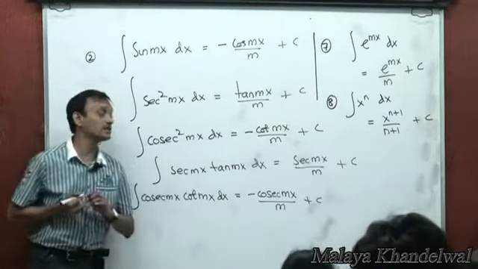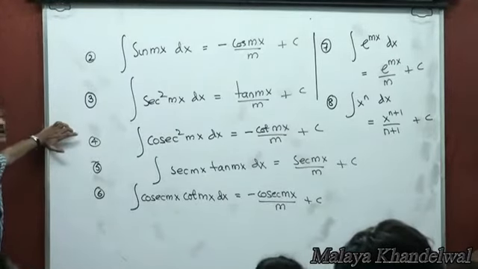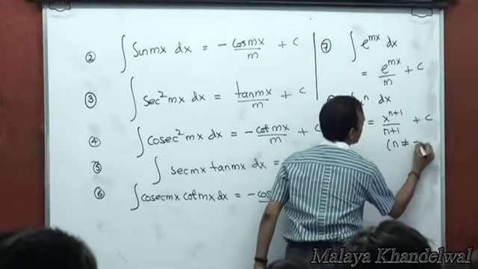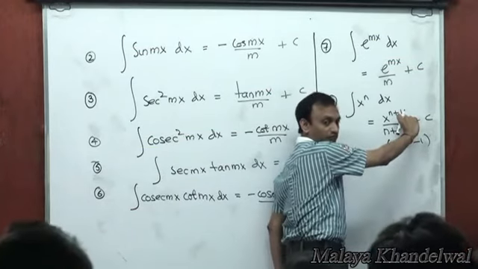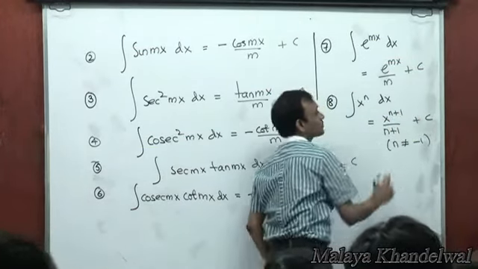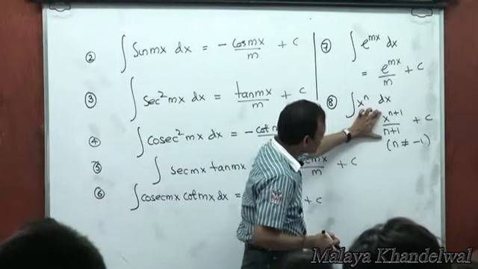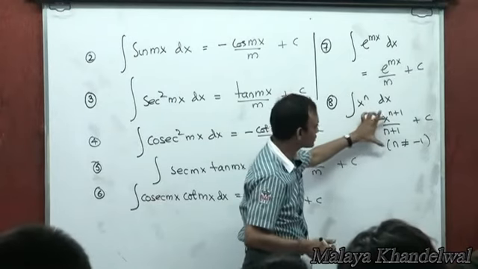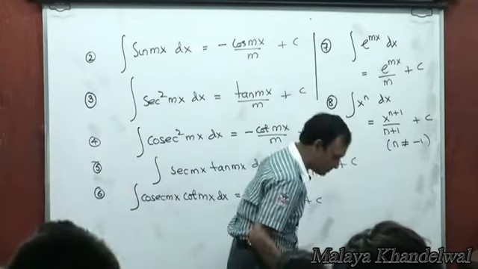Integral x power n dx is x power n plus 1 by n plus 1 plus c, where n is a constant, not equal to minus 1. Why? Because if n were to be equal to minus 1, this would be rendered undefined, right? So when you want to check this, you want to differentiate this with respect to x and see if you are getting x power n. That's how you're going to check this. So differentiate the right hand side so as to get x power n. If that happens,